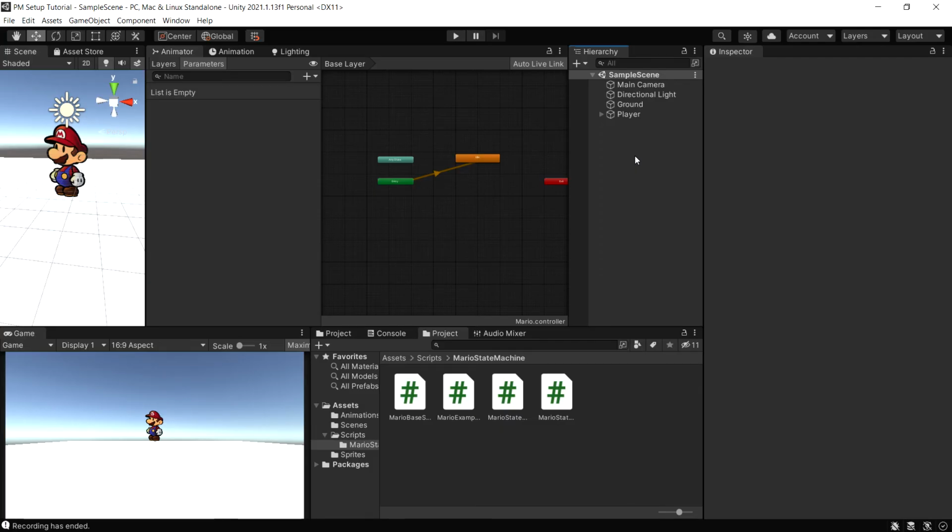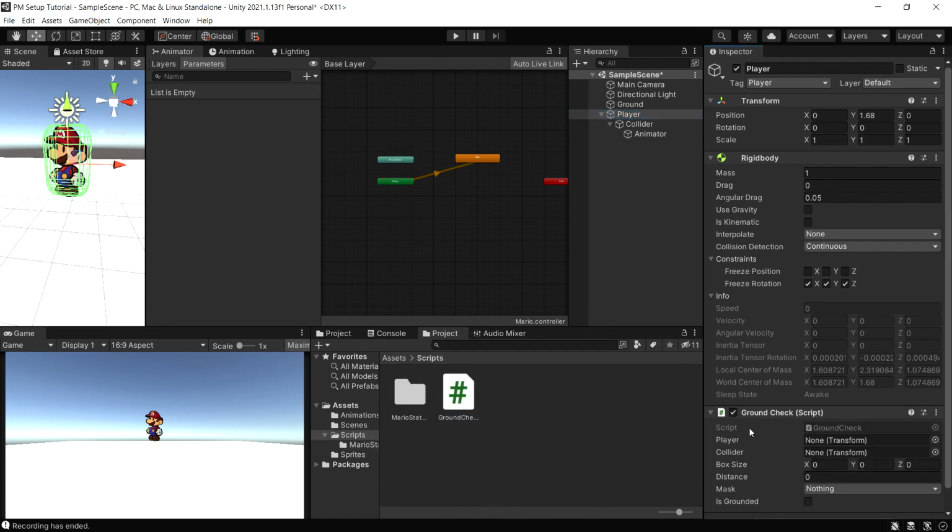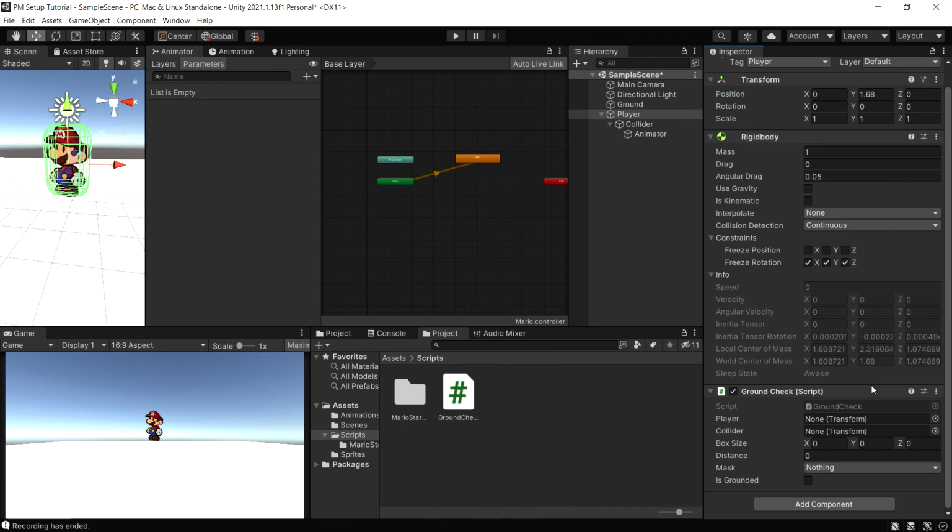So now we're just going to add the appropriate scripts now that we've created them to some of the objects in our scene. So on the player object, we're going to add our ground check script. And for the player, we're going to drag in the transform of the player. The collider, we're going to drag in the collider game object. The box size,